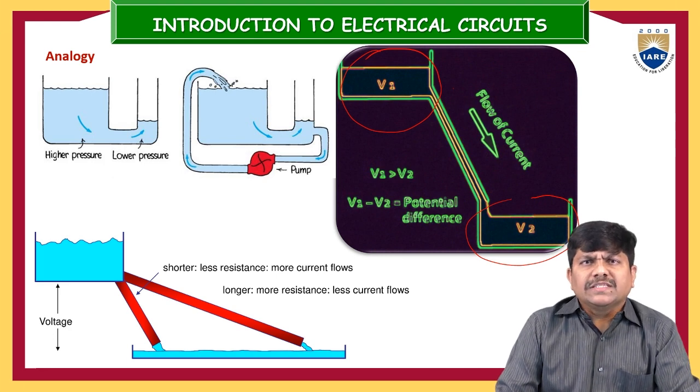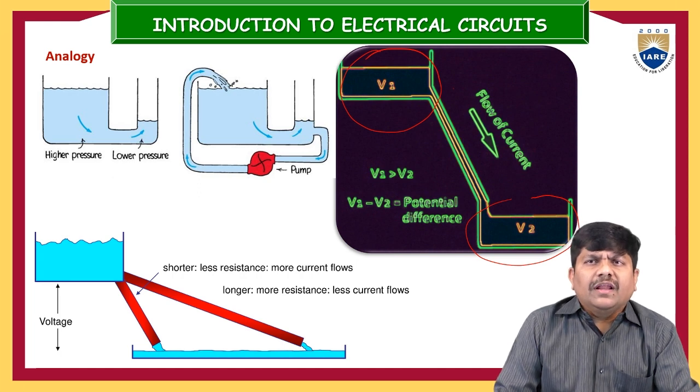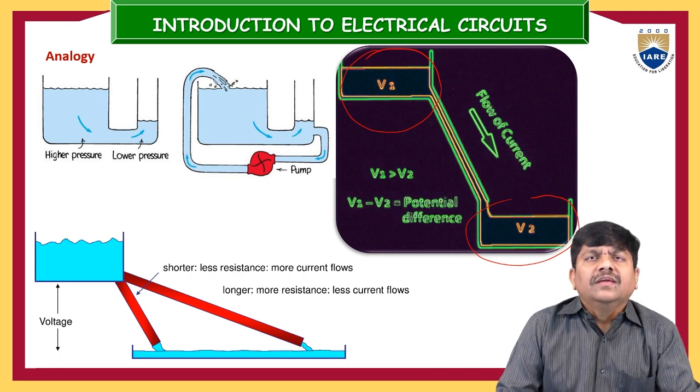Again, one more simple example. The tank is connected and we are expecting some water from the tank to go to fields or something else. If there are two pipes, the pipe with shorter length will have less resistance, meaning more water will come from the pipe with the short length. Similarly, one more pipe is a very lengthy pipe. That lengthy pipe will certainly have more resistance. Resistance is one kind of opposition. If the resistance is more, automatically the current is very less in magnitude.